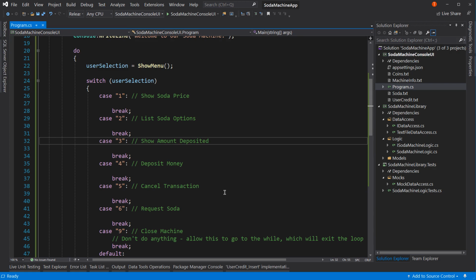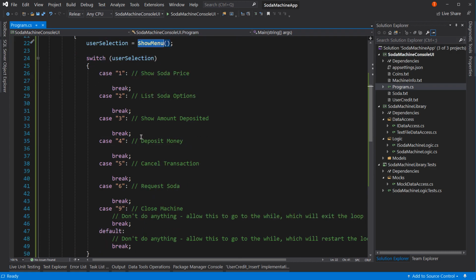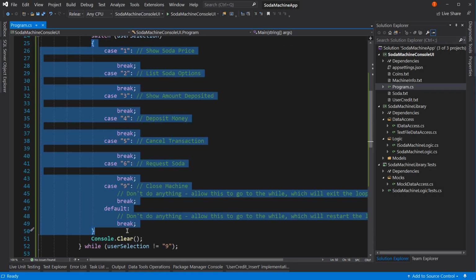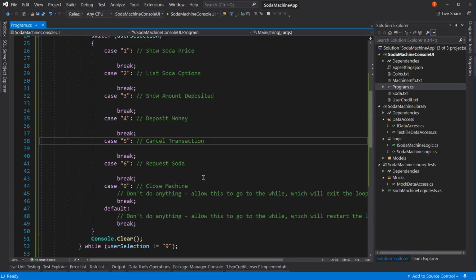Okay. Now, also in our primary challenge, we had to create the text files with default data. Okay. We did all those. And we also created the menu system for the user. So that's this menu system right here that shows the menu and then allows us, we actually probably went a little farther than we needed to, but we show what to do with that. So now we're all ready for part 2, which will be to actually make methods inside here for each of